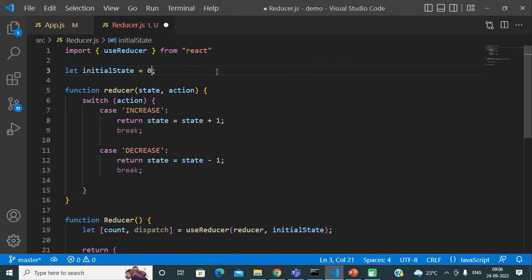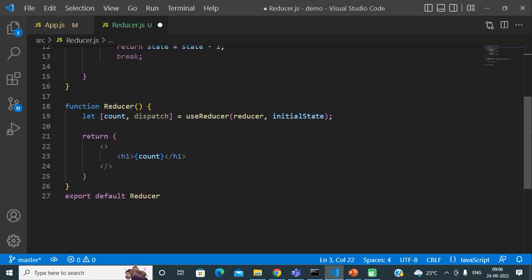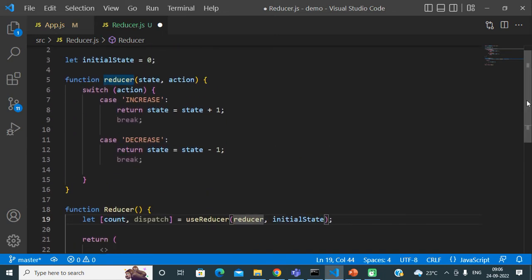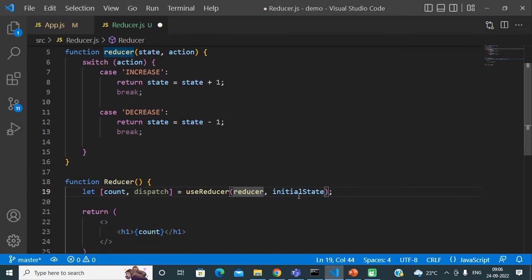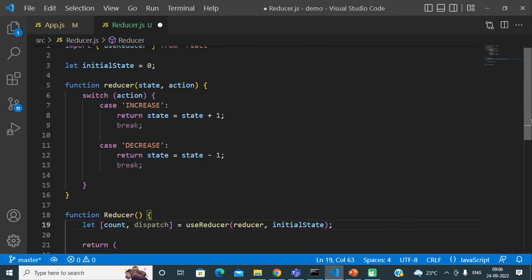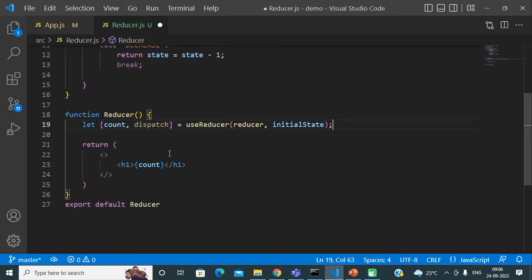So basically friends, initially we are creating a state for our component. We can store any initial value in our component state. Okay, after that we need to call our useReducer hook. We need to pass one function, that is the reducer function, which basically stores our actions and our logic for each and every action. Okay, and it takes another parameter, our initial state. Okay, and it returns two values. One is actually our state, so 0 you can see,